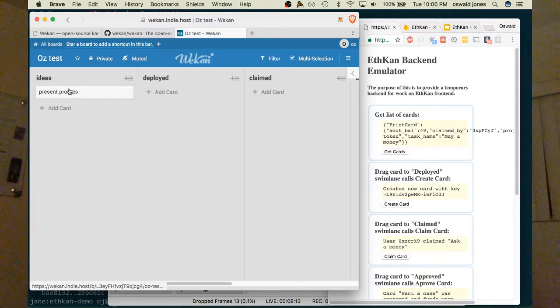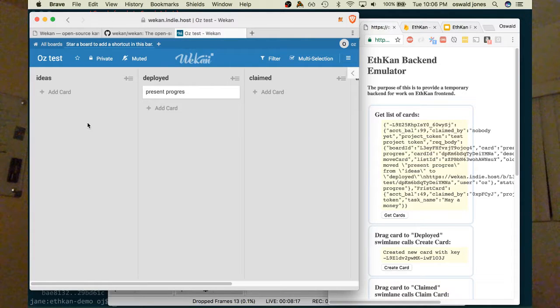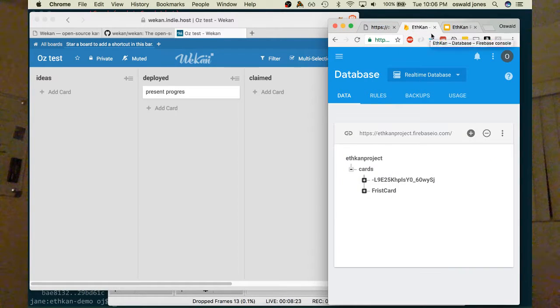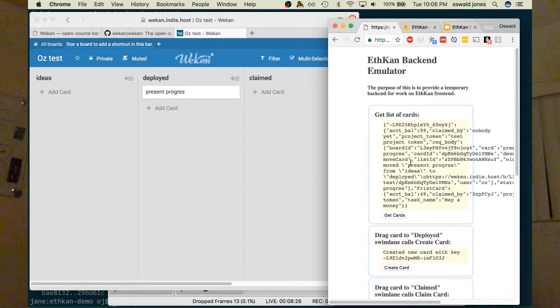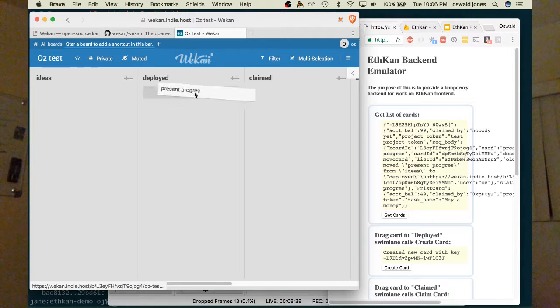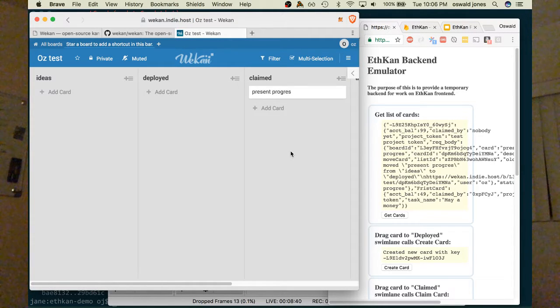Nothing happened. I'm going to drag this card over to deployed. Boom. A new card was just added to this database over here in Google, and this other web app was completely updated by itself because it's connected through WebSockets to the database. Let's see. And if I drag it over to claimed,